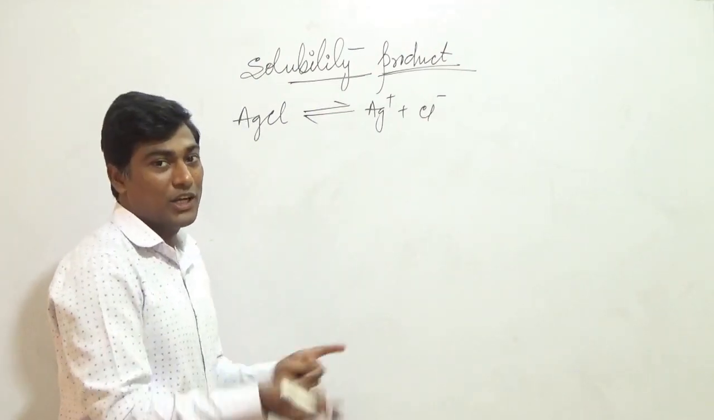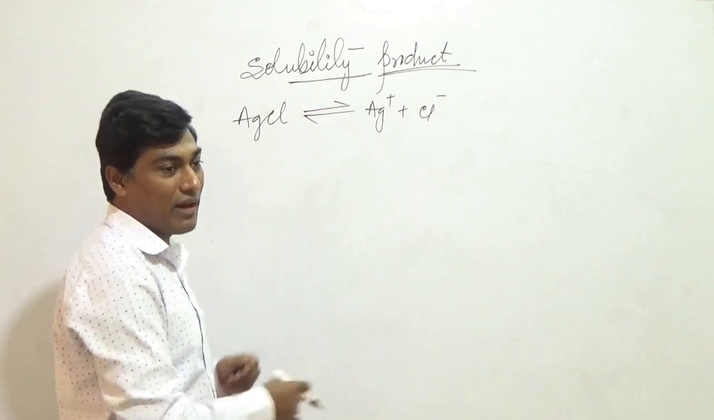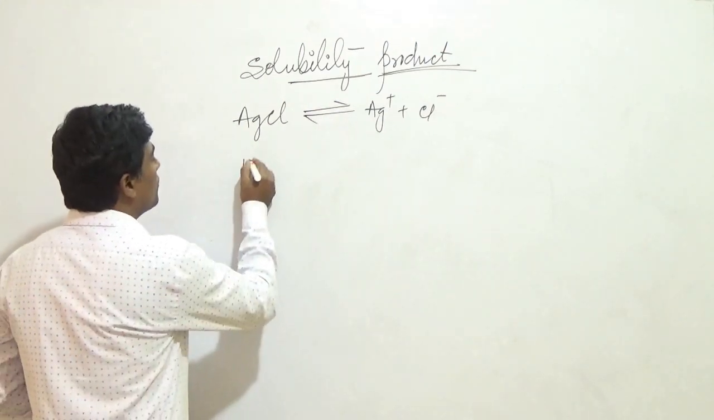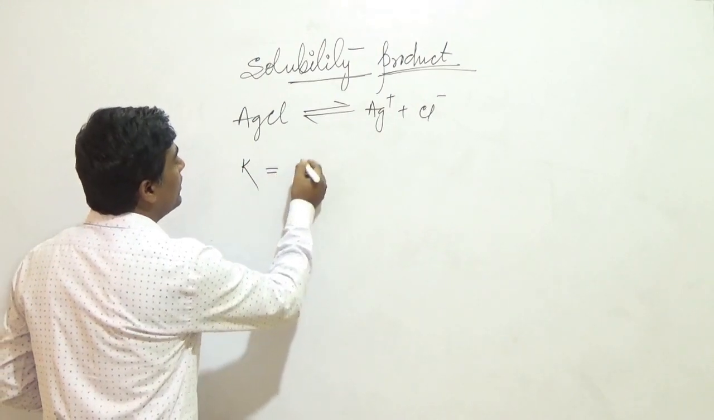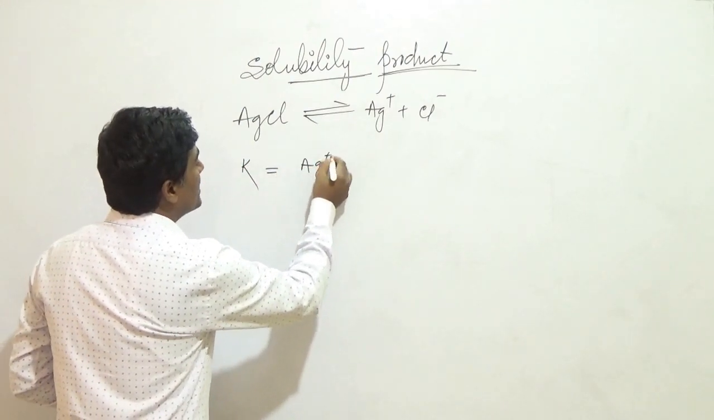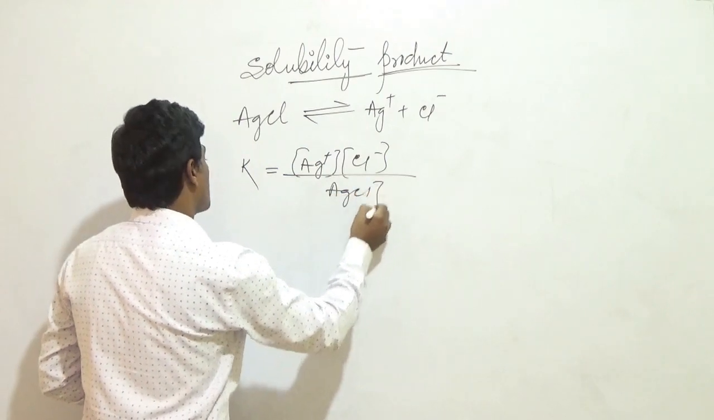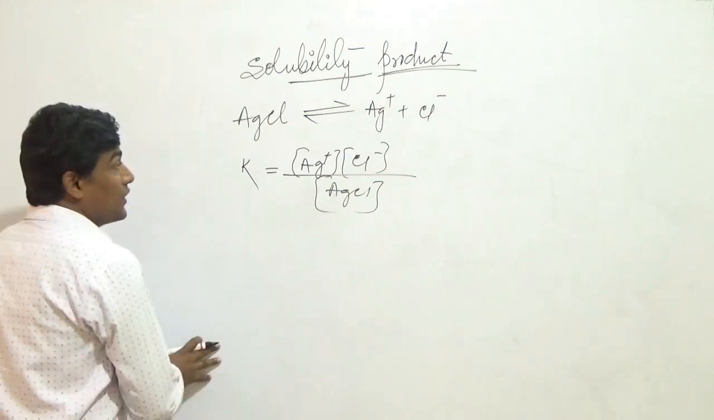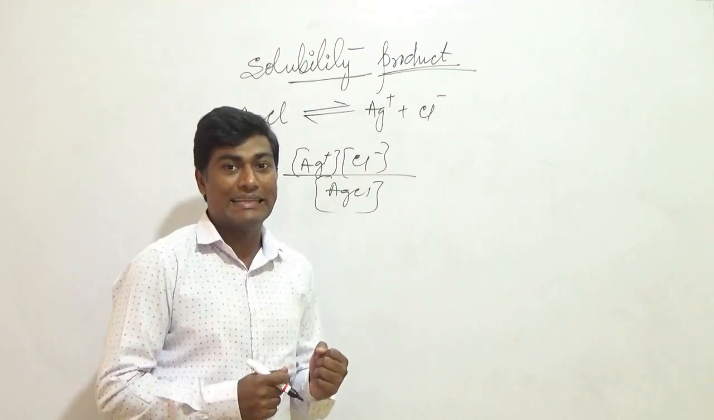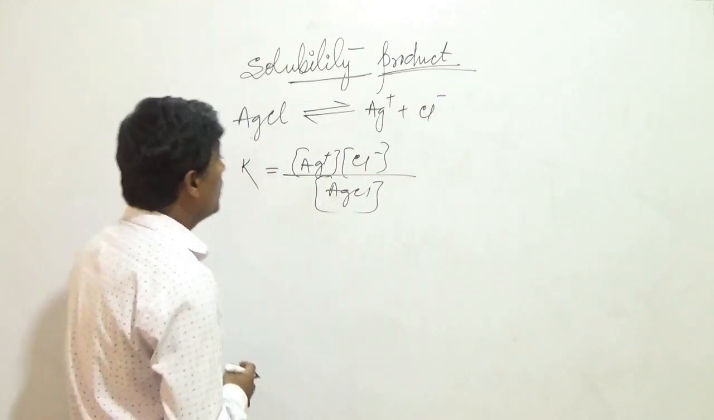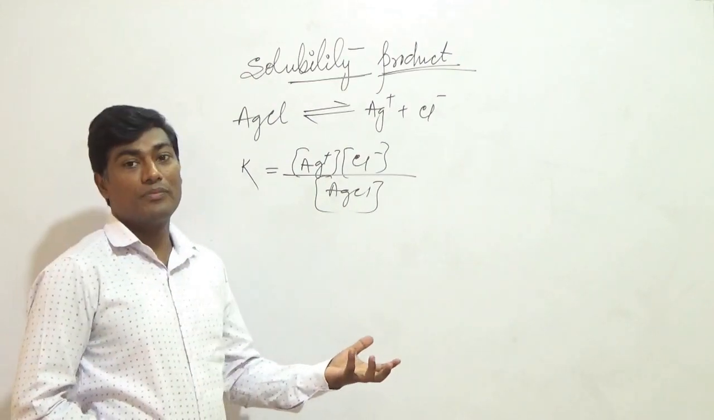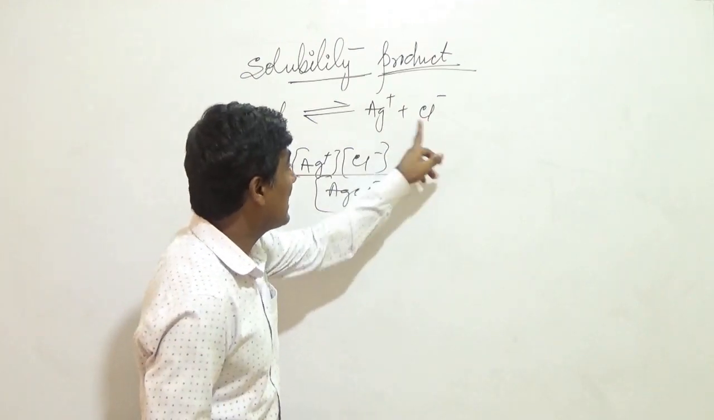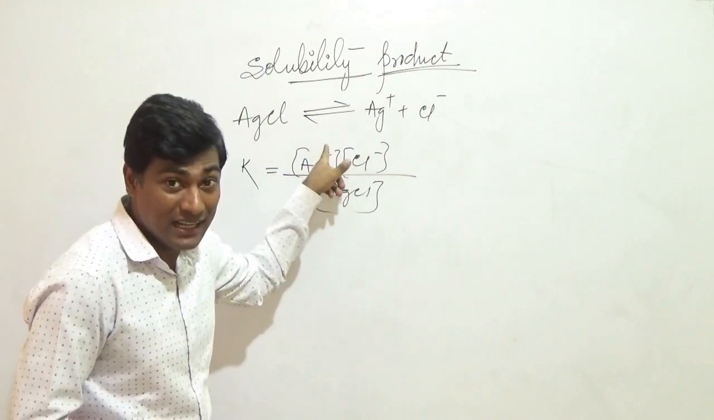And after some time, it comes to an equilibrium. We can apply the equilibrium, that means we can write an equilibrium constant for this reaction. So the equilibrium constant for this reaction will be K is equal to the concentration of Ag plus times Cl minus, divided by the concentration of AgCl. One most important thing to note is that once you get the equilibrium between the dissociated ions and the undissociated